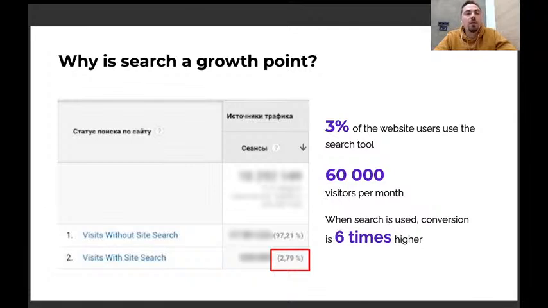Okay, the first growing point is the search. Why is this a growing point? Because only 3% of the website users use the search tools, but in real figures, that's 60,000 visitors per month, and the conversion rate in this target audience is 6 times higher than for other users. That's why we